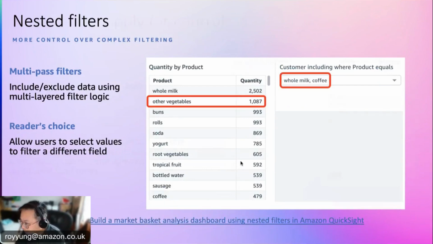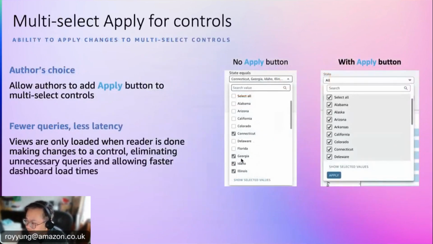And another new feature is what we call the multi-select apply for controls. What it means is that before, we didn't have this apply button. When the users chose this selection filter, then every time you clicked on the filter, it would filter the data in the dashboard. And